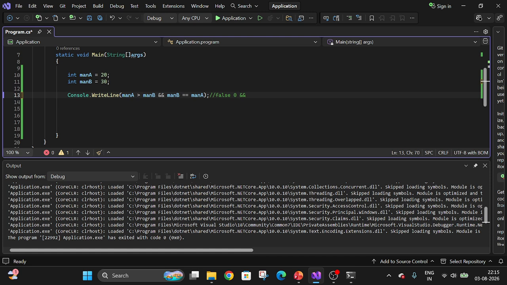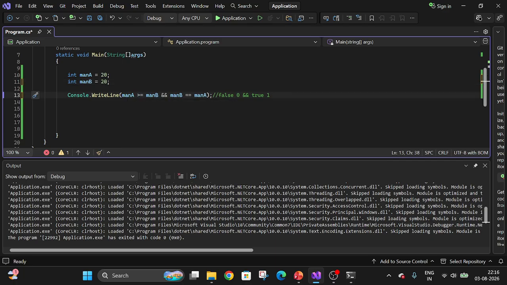False in AND is false only. OR works in a similar way. If it is true, then manB is also false. But if both are true,